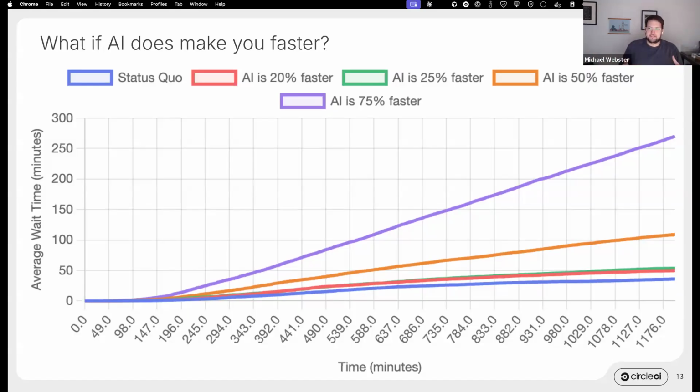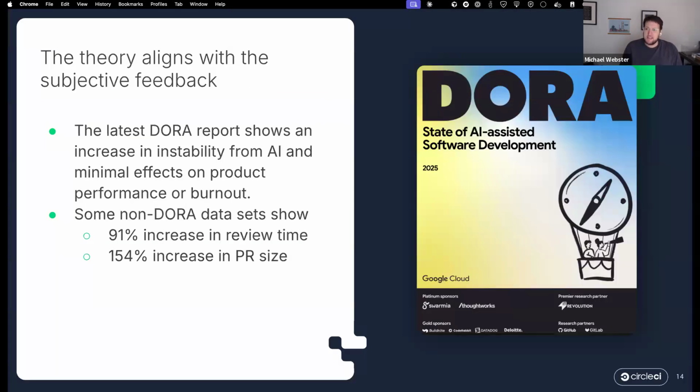So if folks want to use AI to make them 5 times as fast, 10 times as fast, 100 times as fast, the reality is that if you do nothing, even if you're already elite in terms of getting that software into the customer's hands, you're going to eat all of those speed gains by waiting for stuff to be deployed. That's a pretty big problem because this assumes a happy world where there are never any conflicts and you never have to roll things back. The reality is you would be waiting days and days and days if you do nothing for these changes to actually be released. Now, this is a simulation. It makes some assumptions. Maybe those assumptions apply to your organization, maybe they don't.